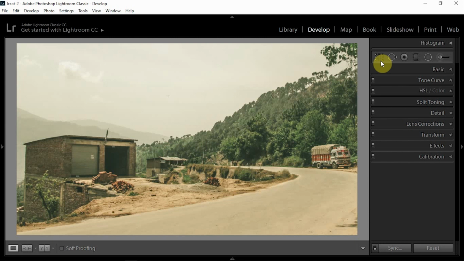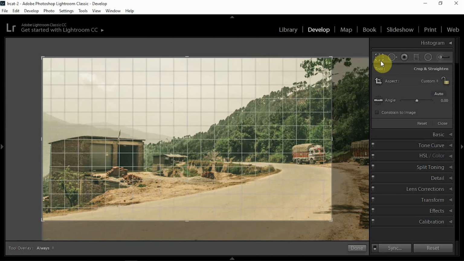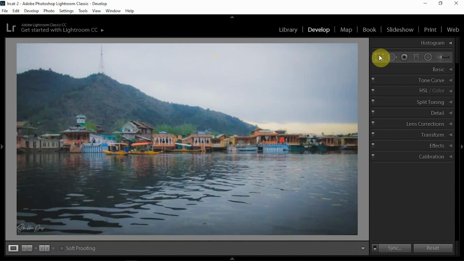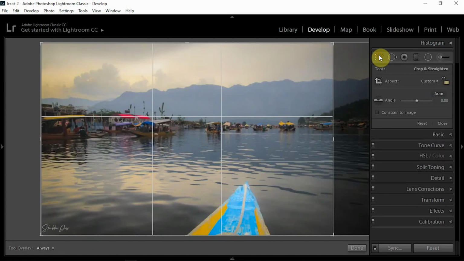Now you can also use the simplified golden ratio, which almost looks like the rule of thirds, which is this. If I take this photo for an example, and if I turn on the golden ratio, it was looking like this before.